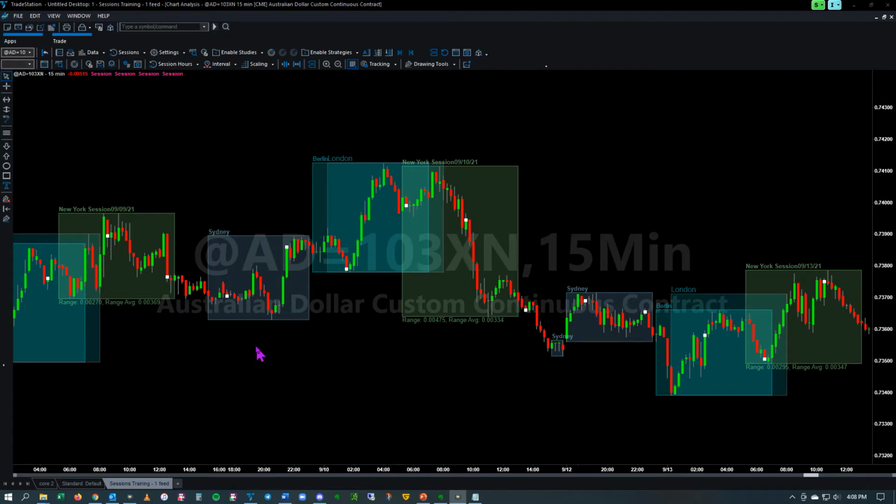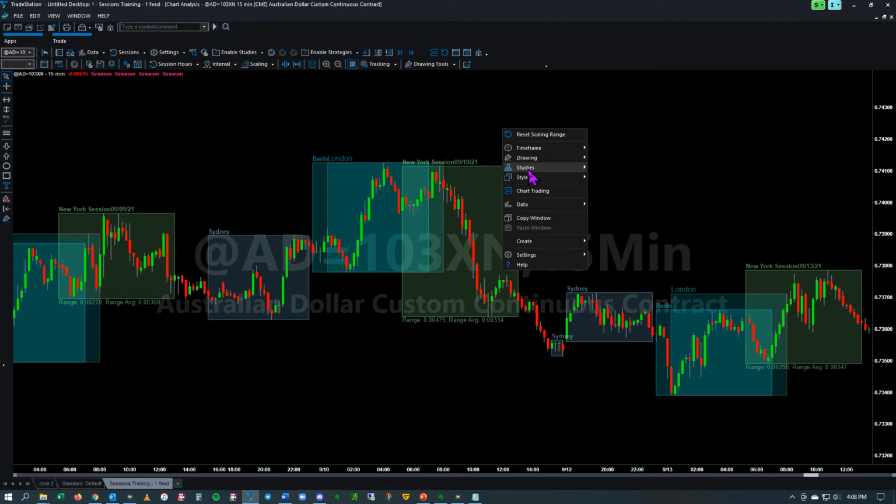So here's my TradeStation, and I have this set up so that I have the Sydney, the Berlin, the London, and the New York sessions highlighted, and I use this for currencies. So if I want to be able to save this to be able to put on other currency charts, this is how I would do it. I'm going to go to Studies, Edit Studies,